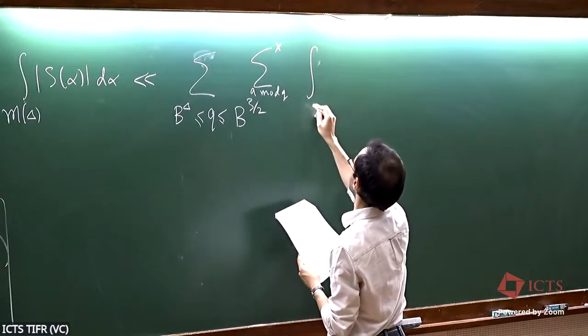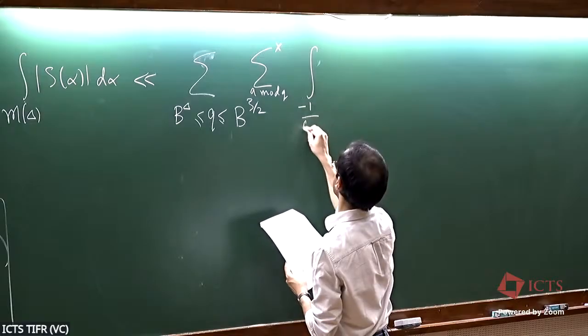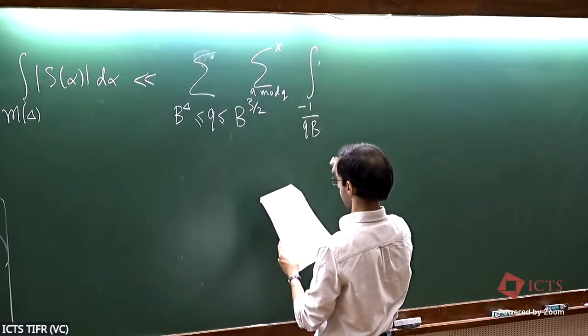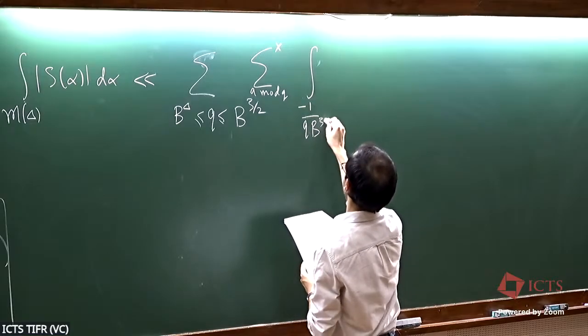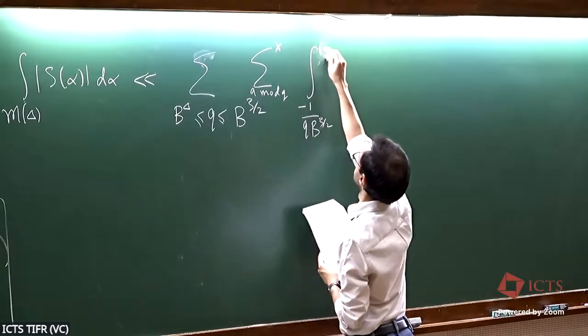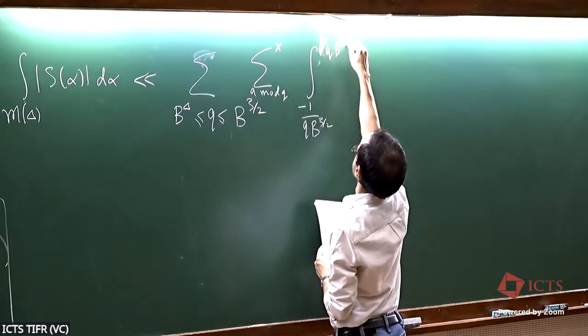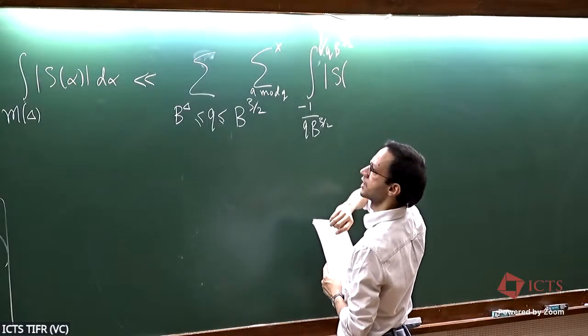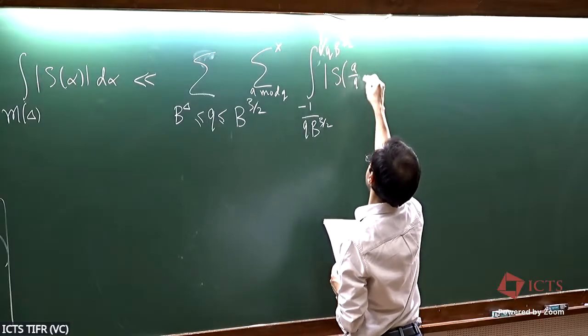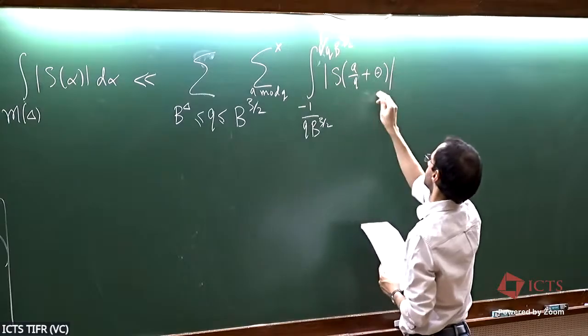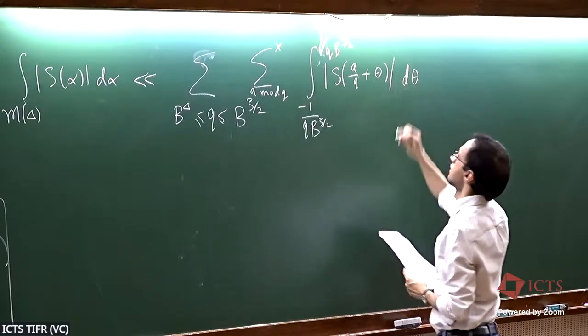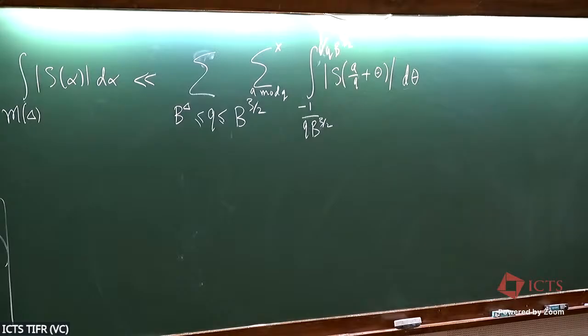So we want the thetas to go from Q B to the 3/2 to Q 1 over S of A. So alpha is A over Q plus theta. So this is basically Diophantine approximation, and you can write that. So when Q is going up to B to the 3/2, you can use this Diophantine approximation to write that. Plus, of course, the contribution